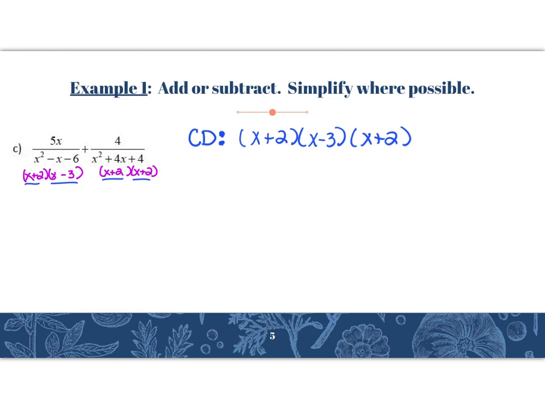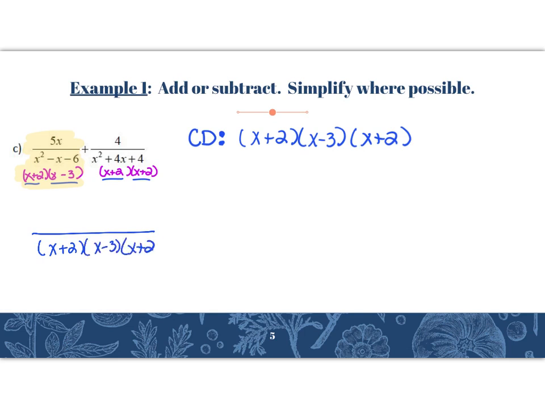Okay, let me see if I can highlight this. Okay. Just look at this first fraction right here. What factor is missing from the denominator to our common denominator? Well, it's missing a factor of x plus 2. So to write this with a common denominator, this first fraction has x plus 2 times x minus 3 times